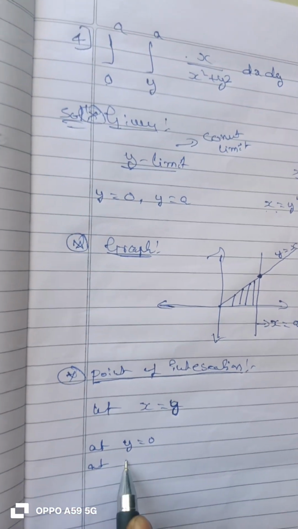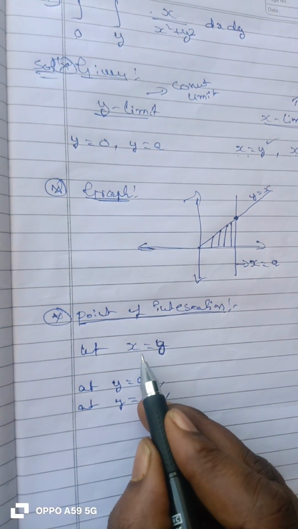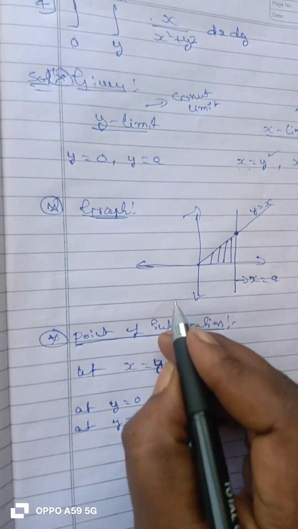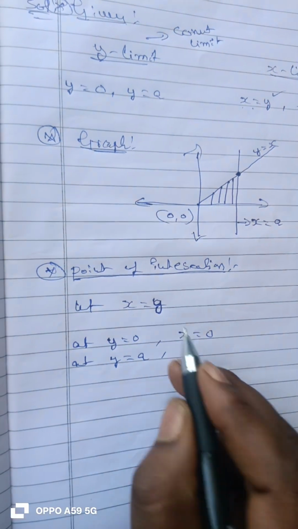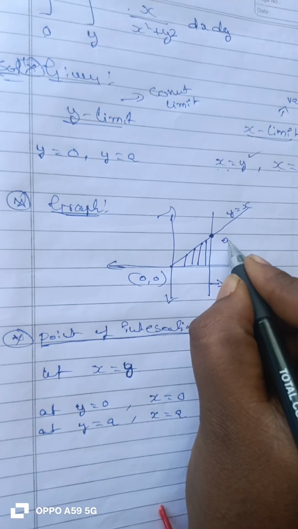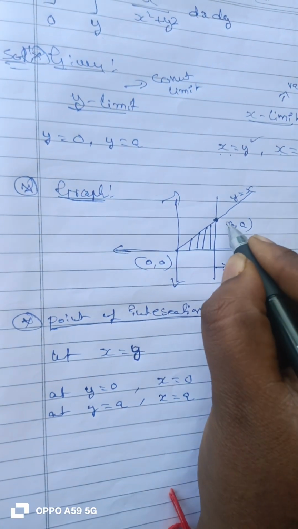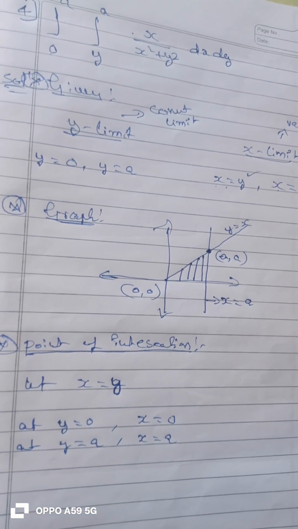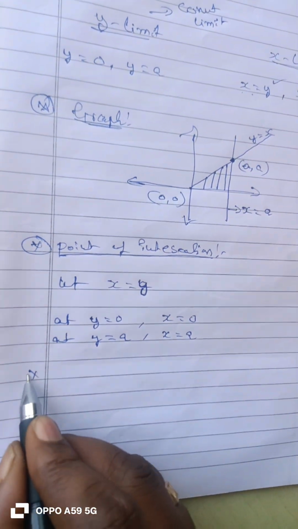One more point is y is equal to a. Then what will be the changes in this? Y is equal to 0 means x also will become 0. It means we got the origin point. If y is equal to a, x also we are getting as a. So in this manner we need to find out the point of intersection. Once the point of intersection is done, the next point is